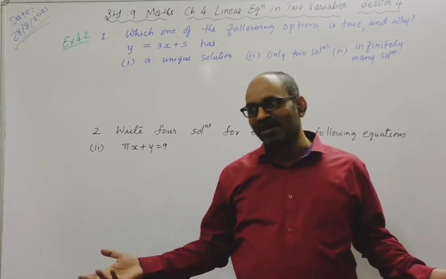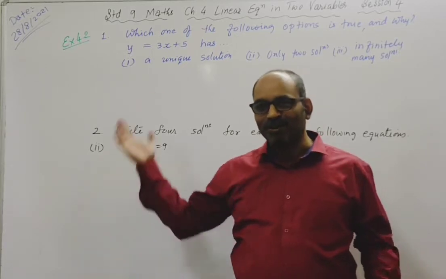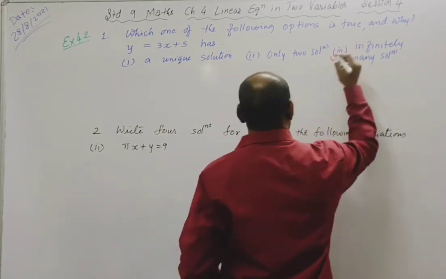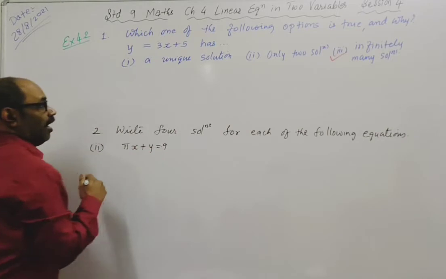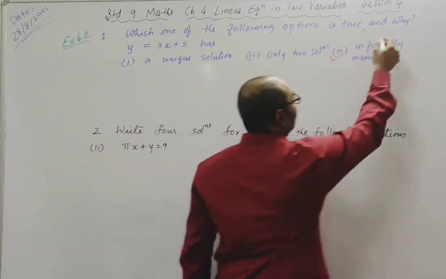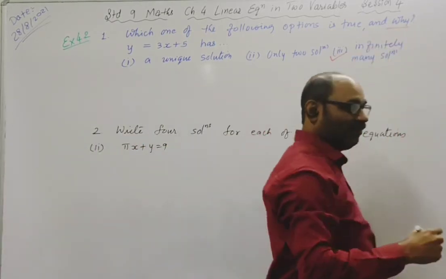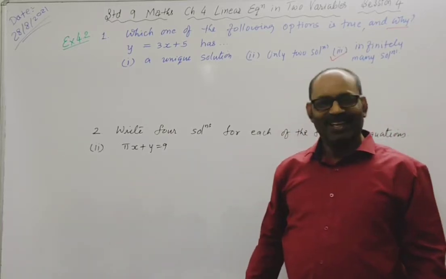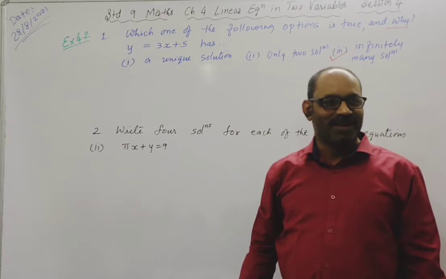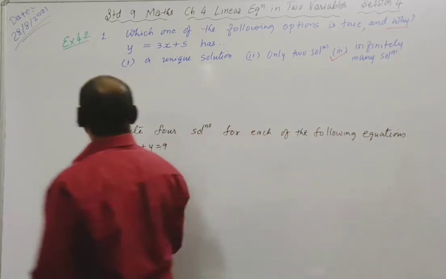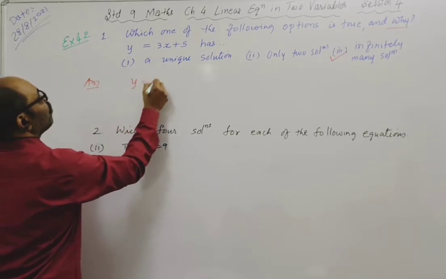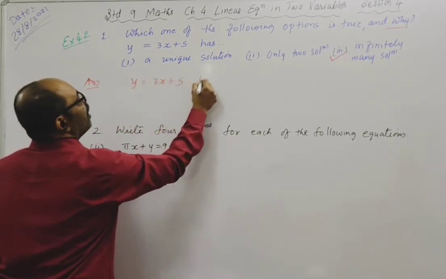Now everyone is giving you the common answer. So you have to think nicely. So it has all right. And the question is why? Why it has infinite solution? Because it is linear equation in two variables. All right. So here we will write the answer: y equal to 3x plus 5 has